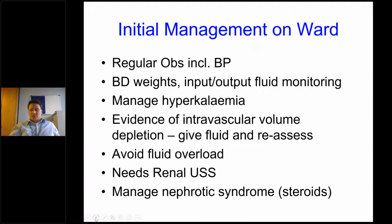So what do we do about these patients on the ward? Well, if they're this severe, generally we would get them discussed with a tertiary renal centre. If they're a simple nephrotic, many general paediatricians would manage this in a district general hospital. The important things are regular observations, including the blood pressures, regular weights, input-output measurements, and clearly if the potassium is raised, that's the most urgent thing to manage. In this case, because she has got evidence of intravascular volume depletion, generally we would recommend giving some fluid and then reassessing. I'd be careful not to give too much fluid because fluid overload not only makes things worse in nephrotics,